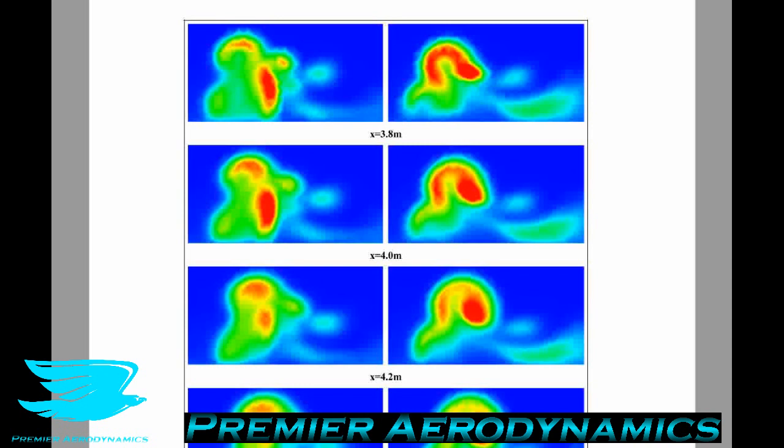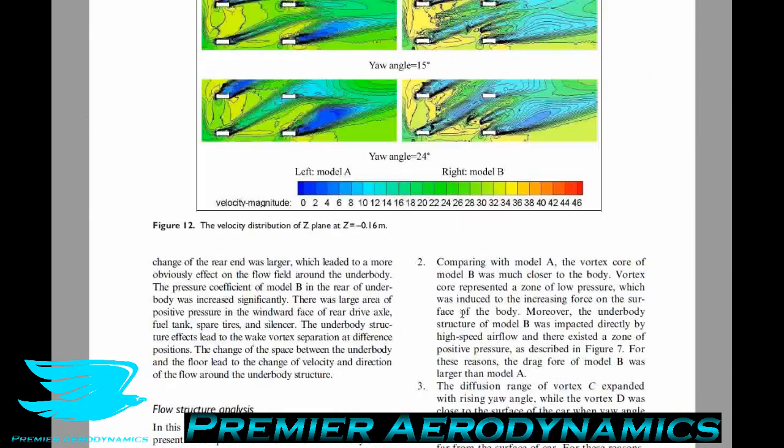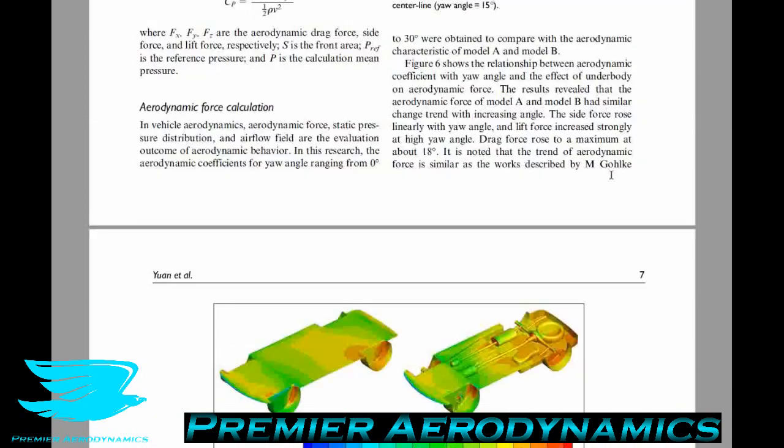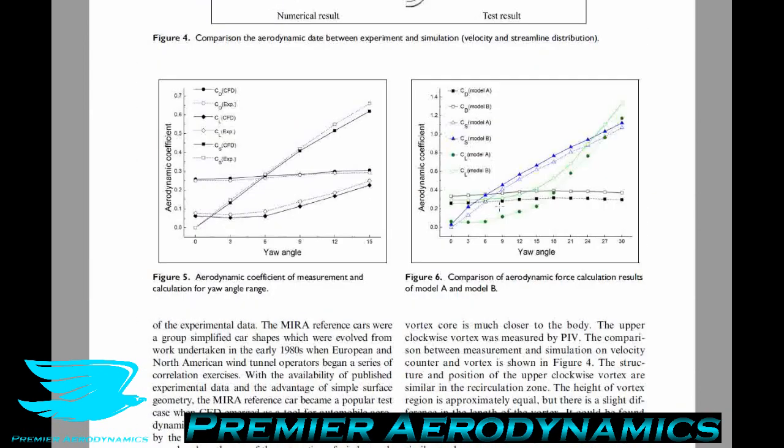So they found that putting cars in crosswinds greatly increases the lift and side force coefficients with increasing yaw angle, which is quite, the side force at least is quite predictable. The lift, perhaps not so much. But interestingly, increasing the yaw angle had almost no effect on the drag coefficient, which I thought was quite surprising